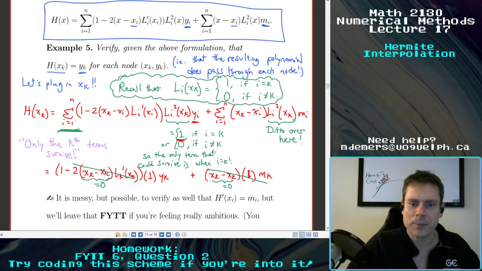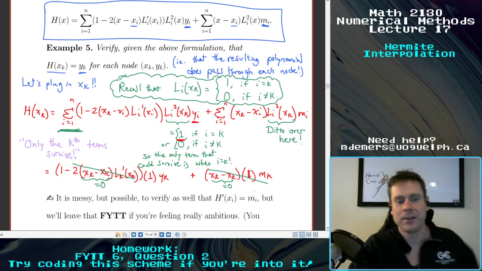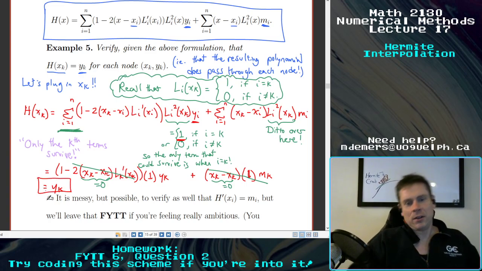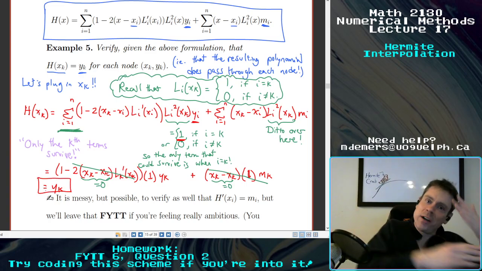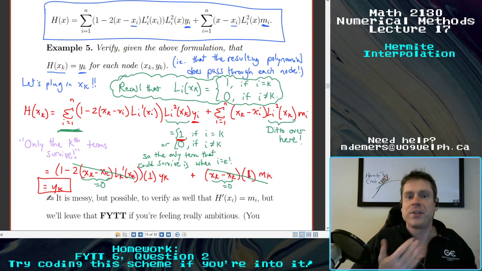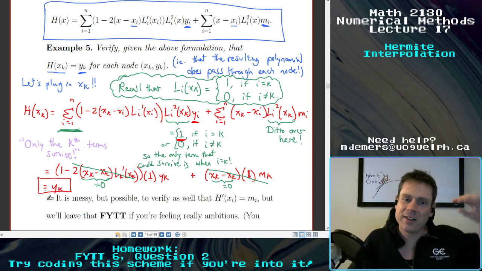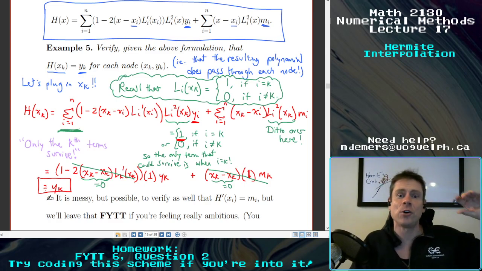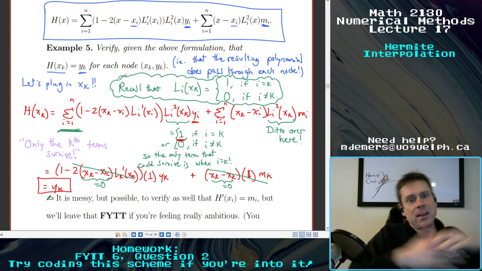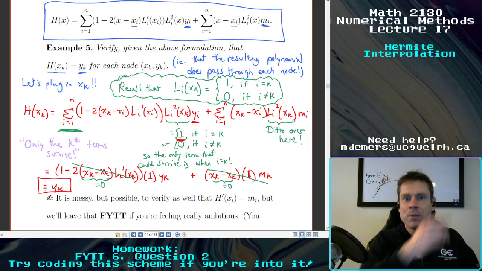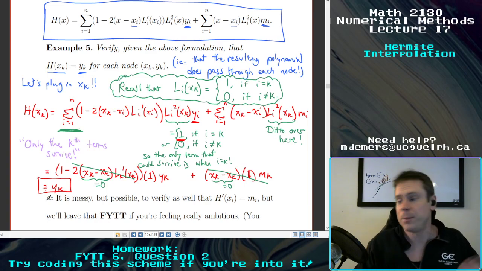So this whole term is always gone completely. And what we're left with is nothing more than yk, which is what we were looking for. So you can see, if you understand and you are comfortable with the idea of these basis functions and their different properties, it's actually just a couple of lines to show that when you put in xk, you get out yk, which is a good thing, because if that wasn't true, the corresponding polynomial wouldn't be going through the